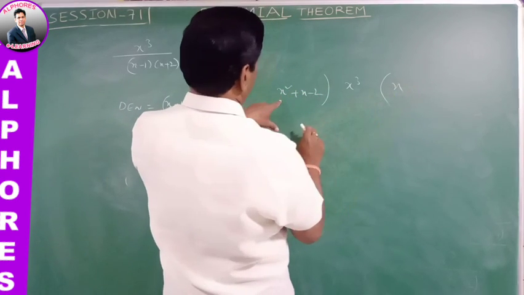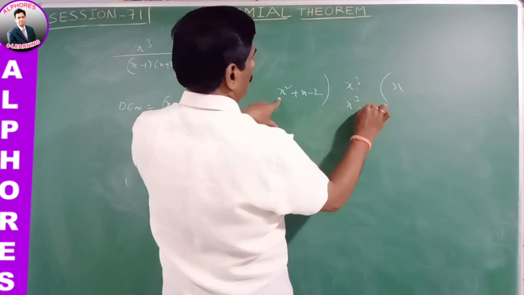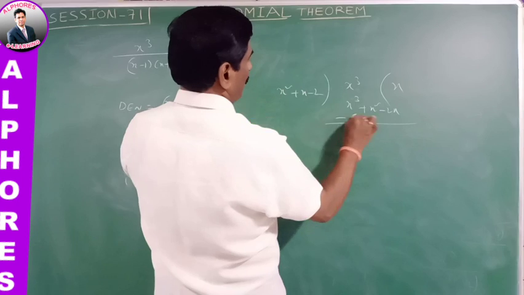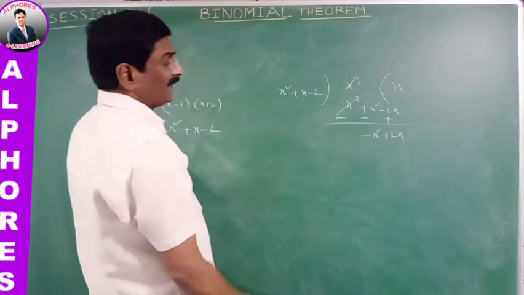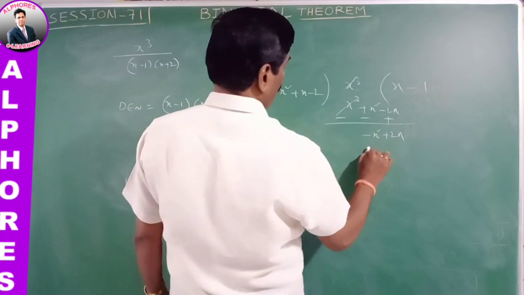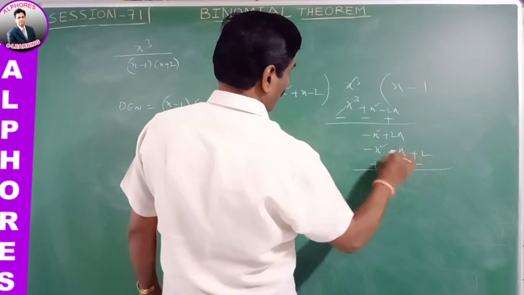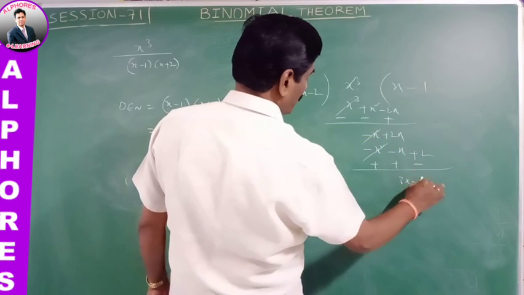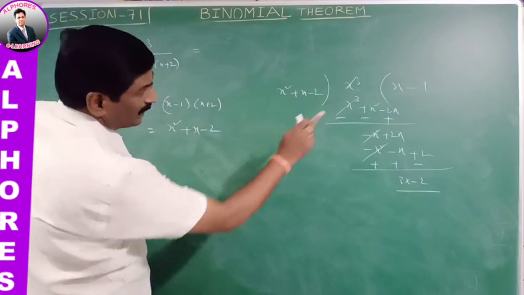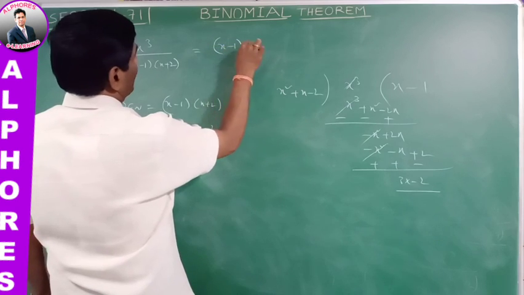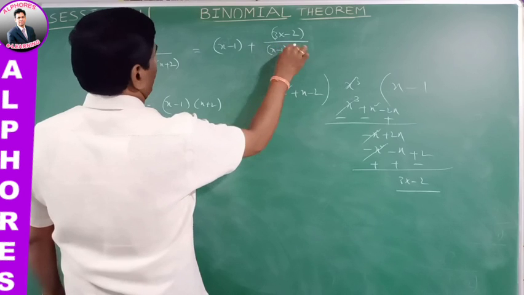Here first x times x square, sorry, x cube plus x square minus 2x. By subtracting this value, x cube cancelled, minus x square plus 2x. Okay. Again, how many times cancelled? Minus 1 time. Minus x square minus x plus 2. After subtracting, these are cancelled. Next 3x minus 2. By using the division algorithm, this can be reduced into, what is the quotient value? x minus 1 plus what is the remainder? 3x minus 2 by denominator x minus 1 into x plus 2.